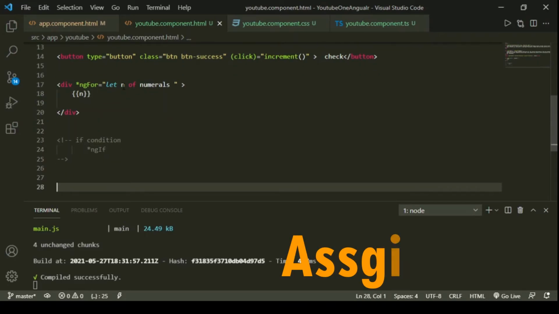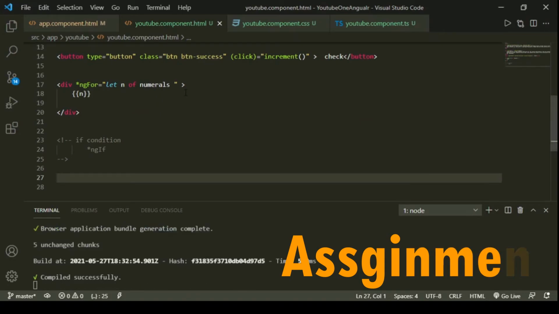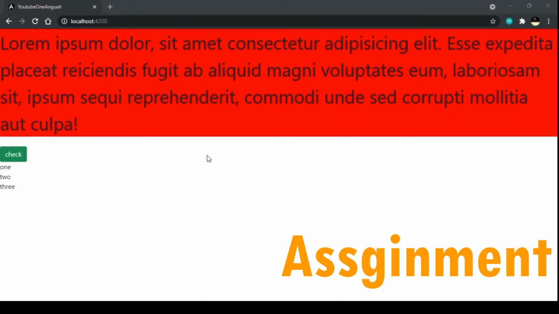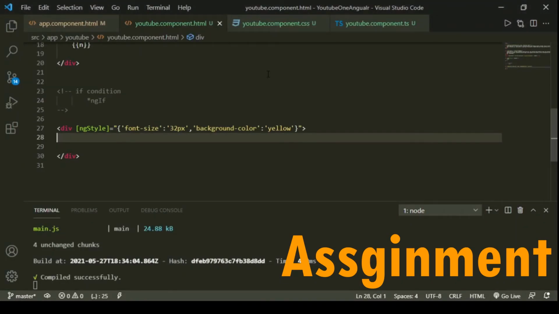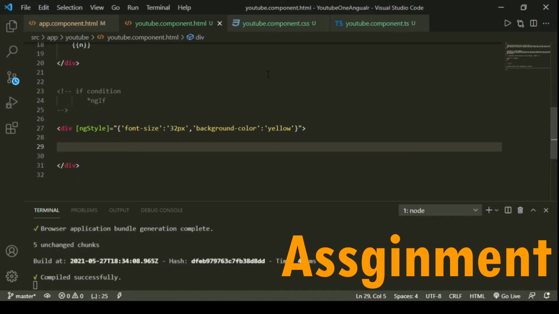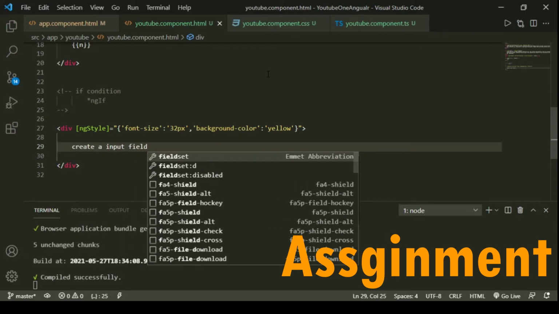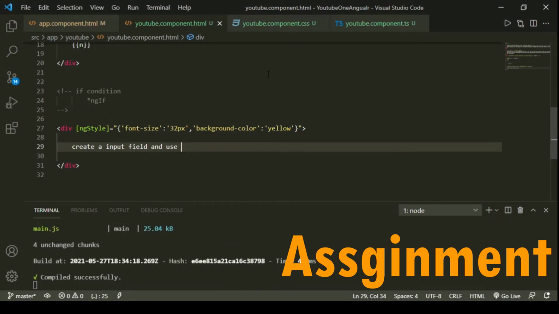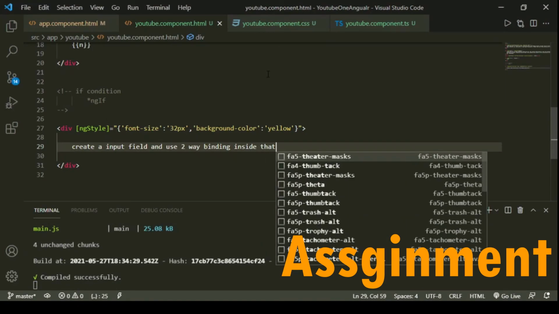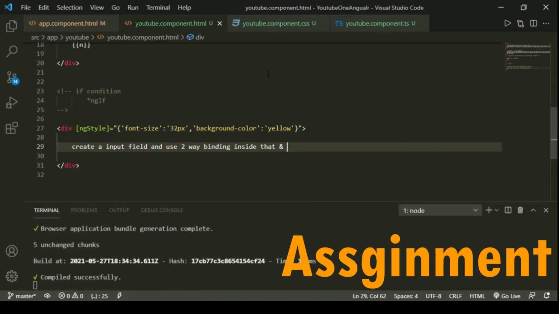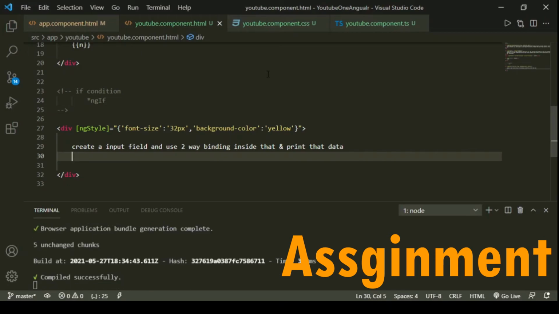So guys, your assignment question is, I shall give it over here only. So your question is that you have to create an input field and use two-way binding inside that, and print that data. Okay, you have to use two-way binding and print that data, and you have to create